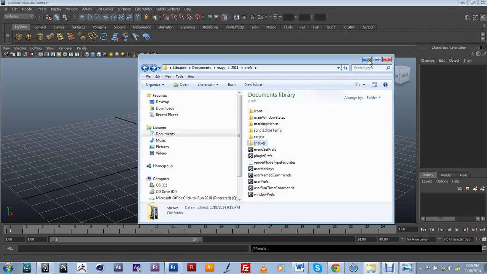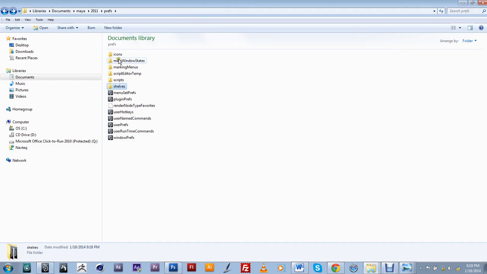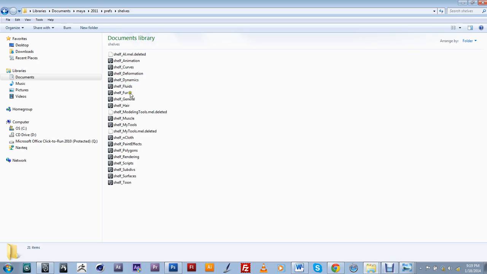When you're within the prefs folder, you have a couple of different things that are saved within your Maya. The one that we're going to be looking at is the shelves, so double click on it, and if I look here, I should be able to find the one that I just created, which is right here. And if I wanted to take the shelf, and again I'm not going to be working on my computer all the time, I can take it to a different computer, a different workstation. So I can just copy this shelf, my tools,